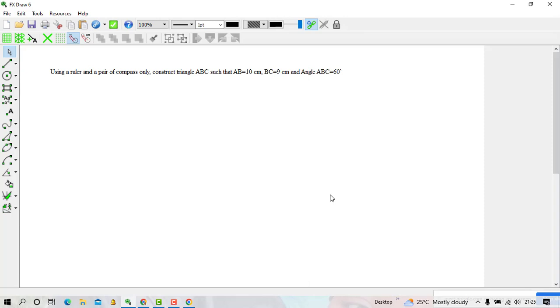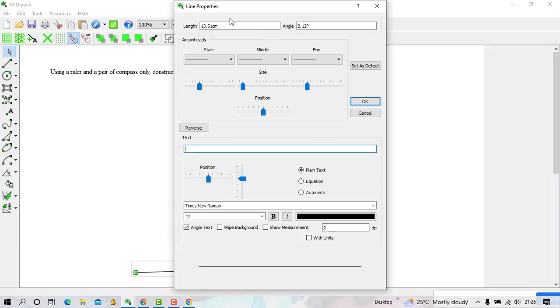So assuming that this is the question that I have, I want to construct. In this case, you'll find that I can either use AB as my baseline or I use BC as my baseline. Any will do, because in most cases the baseline we normally use is the one that has an angle. So I can start by drawing a line AB. I go to the option of the line, then I go here. And this one is my baseline. Then on this baseline, I want to make sure that it is AB and it is 10 centimeters. So I click on the line, then I edit the length to be 10 centimeter.